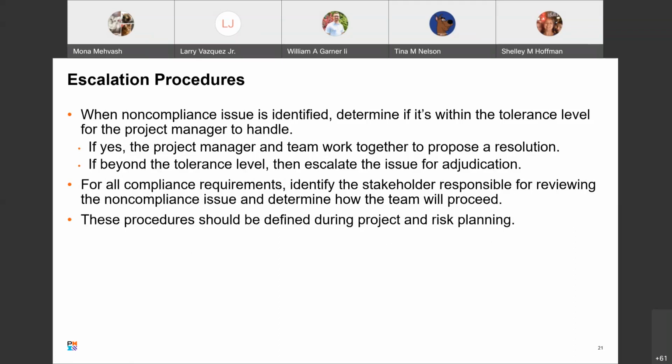For any particular compliance requirement, you should identify the stakeholders who will review the non-compliance issue and adjudicate how the team should proceed. Given the need for timely feedback and the desire to cure the non-compliance as quickly and cost-effectively as possible, the procedures for such an escalation should be defined during project and risk planning.